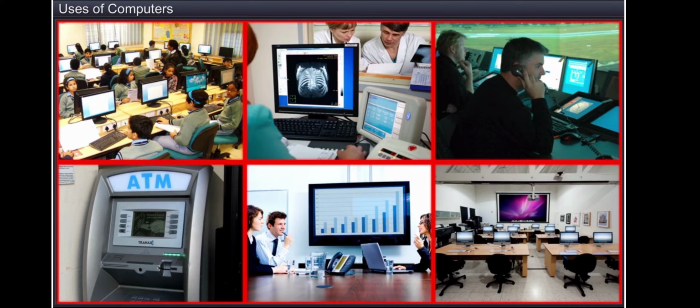And on the right hand side, as you can see, that is the audio visual room where the board meeting can happen, and the CEOs, the managers, supervisors, all those people will sit and plan it out, and effectively they will come to a conclusion. All those minutes of meeting, what they have discussed, will be recorded and typed, and kept in their office documents. Kindly take a look at all these things. These are some of the uses of computers.